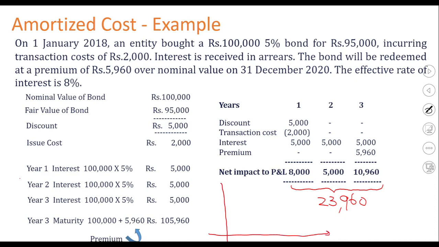Now if you plot, earlier also I did that. If you plot this into a particular table, diagram, or chart, you can see you have 8,000 in the first year, 5,000 in the second year, and 10,000 in the third year. See the fluctuation to the P&L. What about this